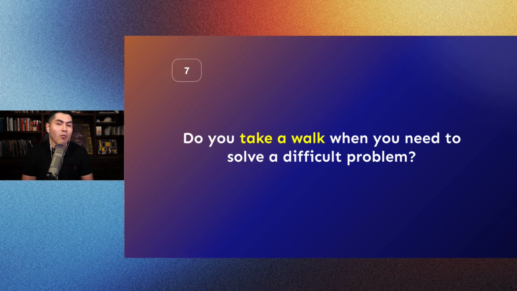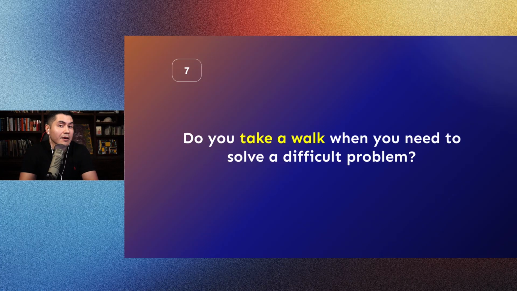Let's see the question. Do you take a walk when you need to solve a difficult problem? Hey, that's a good strategy, because apparently when you walk, this is according to what I read, and Steve Jobs, that's why he did it. He would go on walks with the executives, and because when you're walking, you're really focused. You're focused on walking, and I think it has something to do with the eyes. There are these very tiny vibrations, but when you're walking, your eyes are not vibrating, so you can really focus on the conversation or the problem.